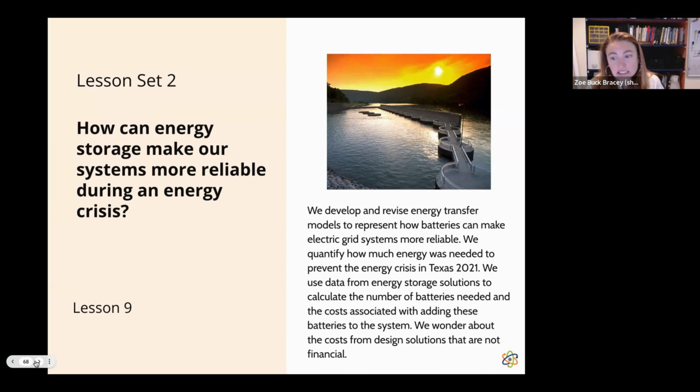And we wonder about the costs from design solutions that are not financial. So we're going to think a lot about financial solutions, and we're going to wonder about what other costs might be inherent in adding batteries, particularly chemical batteries, to a system. And we're going to read a little bit about that in the next lesson. So if we go to the next lesson,